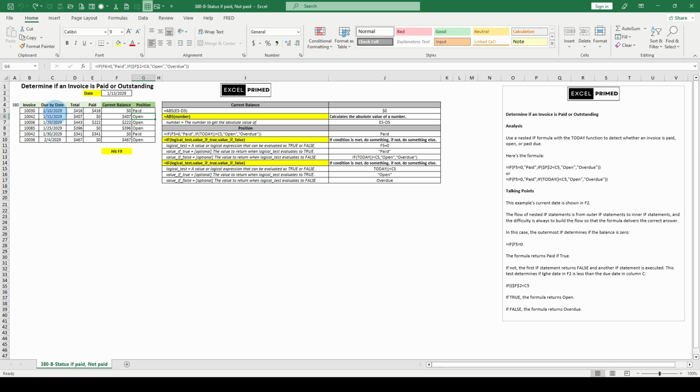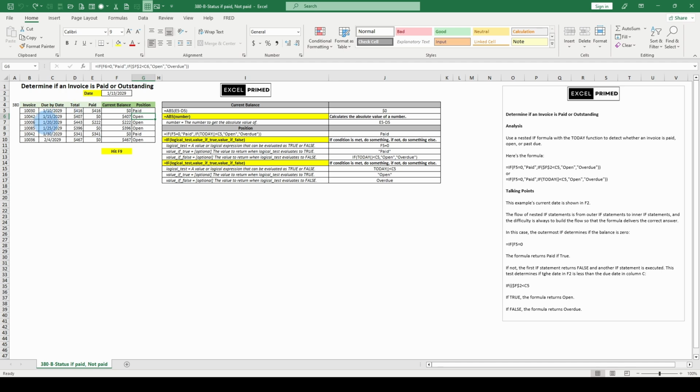If it's due, that's how we determine whether it is in arrears or not. Paid, open, and then we have this other, overdue. So what we do is we incorporate this. Well, here's the date. It's 1/13/2029, and the due date